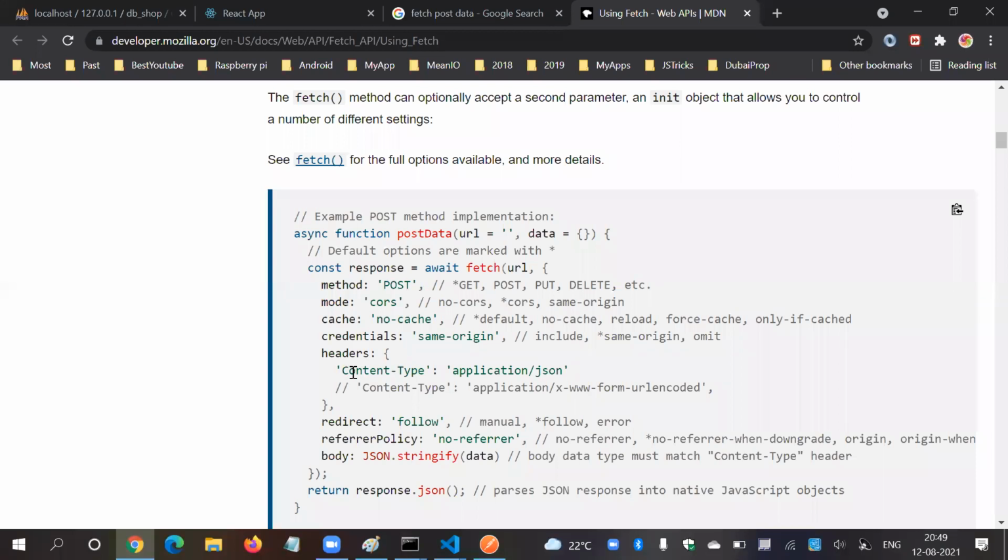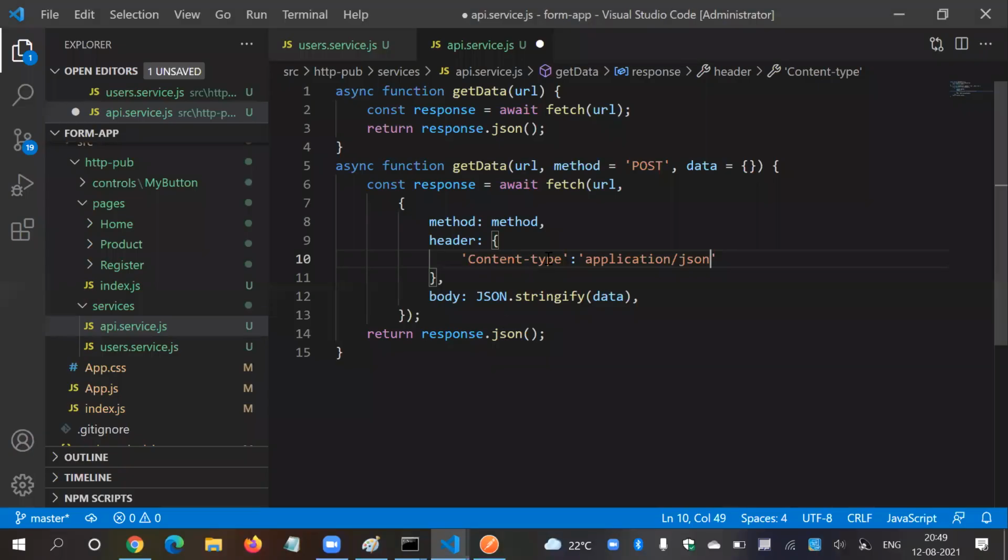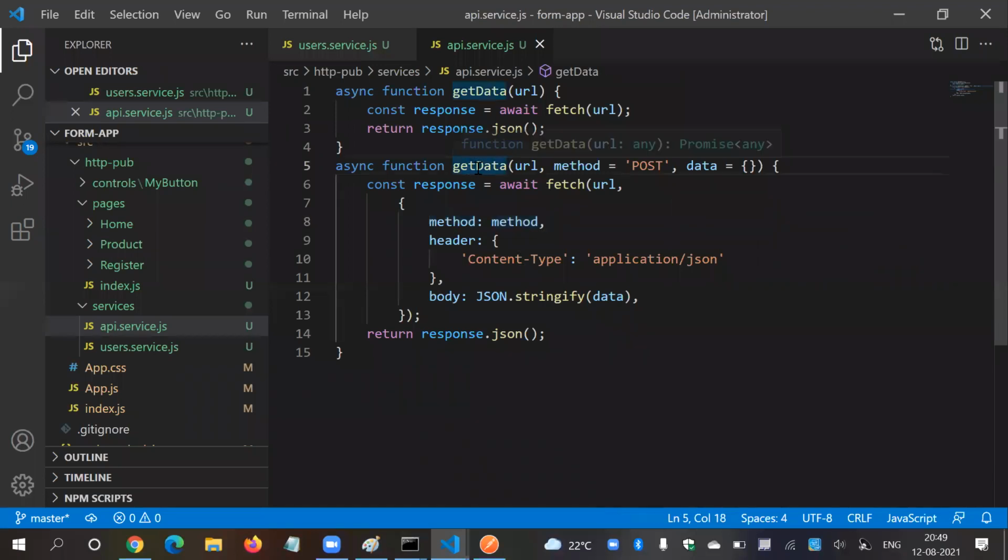Yeah, perfect. Content-Type with capital C, application slash JSON. Instead of taking any risk, here T is capital, so I'm going to copy and paste this part. Awesome. So we need method, we need headers, and we need body. So instead of get data, say post data.